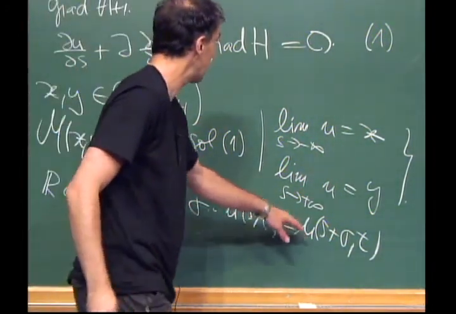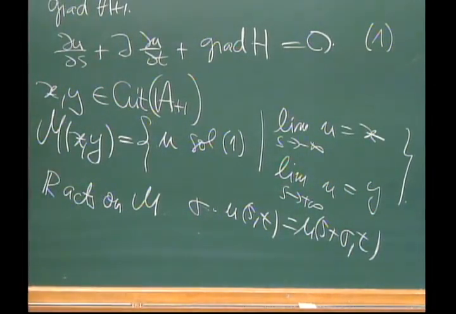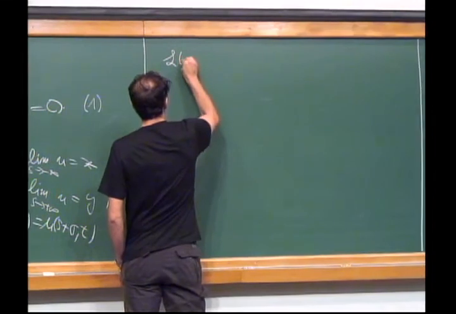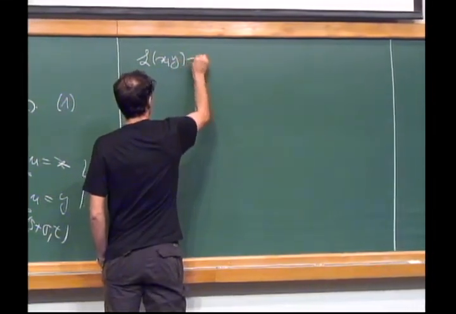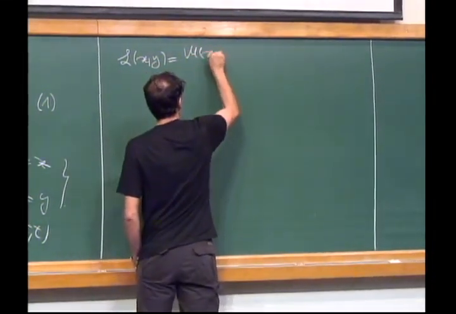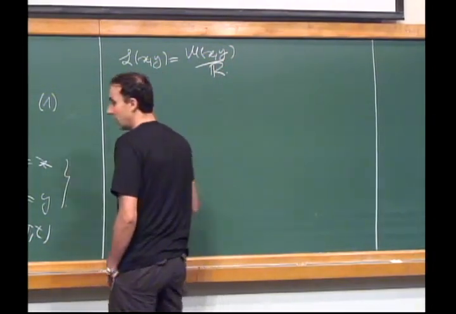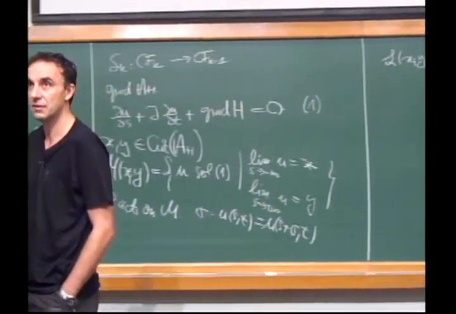This u still satisfies this equation. So then we can define L_XY as M_XY divided by R, just in analogy with what happens in Morse theory,